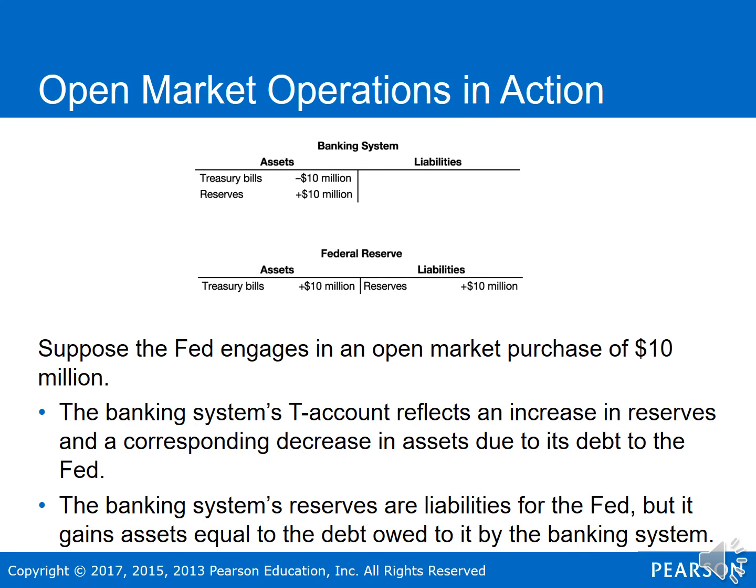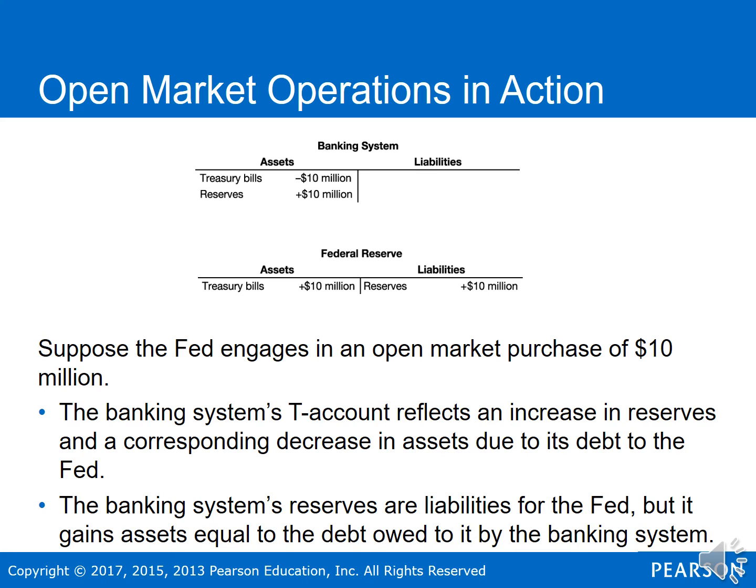Let's walk through an example of open market operations so we can see what's going on here. So let's say the Fed engages in an open market operations purchase of $10 million. So we can illustrate this using the T accounts that we used in the previous lecture. So one for the Federal Reserve and one for the banking system as a whole. So the banking system's T account is going to be based on the banking system's balance sheet. Again, the balance sheet is just going to add together the assets and the liabilities of all the commercial banks